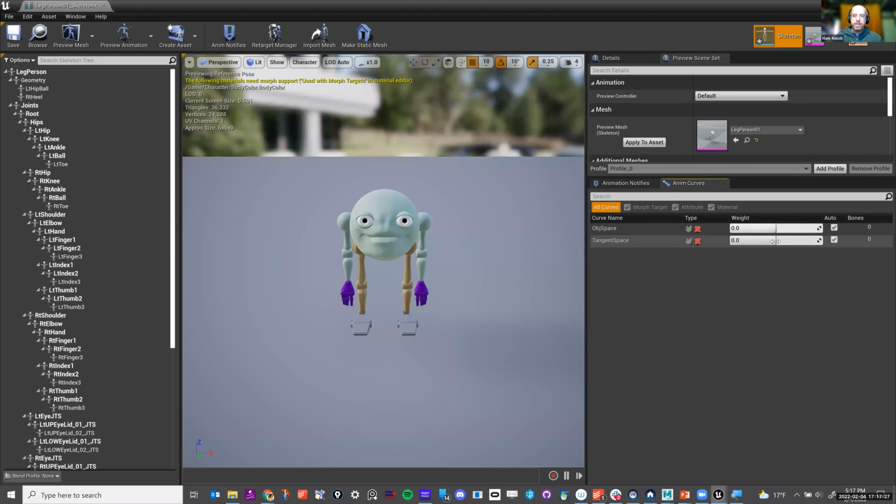And if you guys remember what I said, tangent space is really good. That's going to give you, oh, maybe not tangent space. Object space is really good. There we go. There's my object space. I'll set this one back to 0. Boom. Okay, so the object space is really good and we'll have some nice results out of that. If I set this back to 0 and I go into tangent space, this is what you'll end up with.